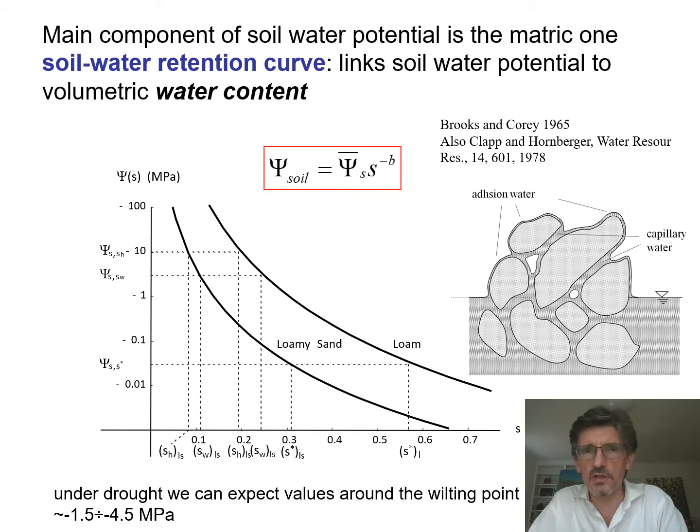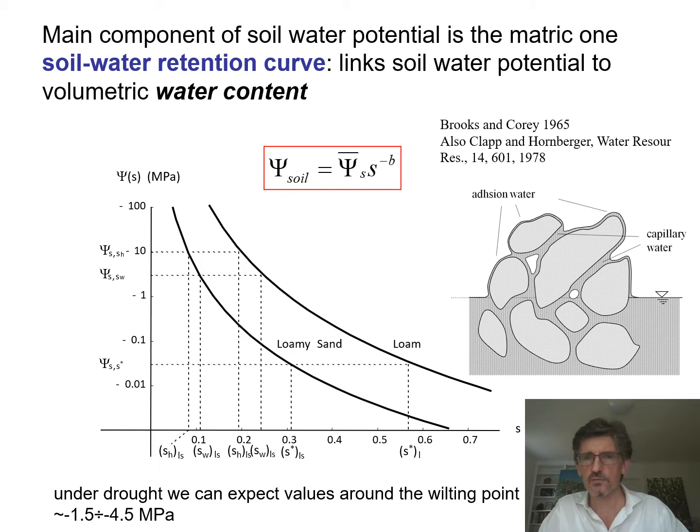So let's begin with the soil water retention curve. Let's look at its shape and how it is. It's a curve representing the function of matric potential versus relative soil moisture. Here we have lots of water in the soil, 0.7, 0.8, 1 here, so saturated soils, and this is drier